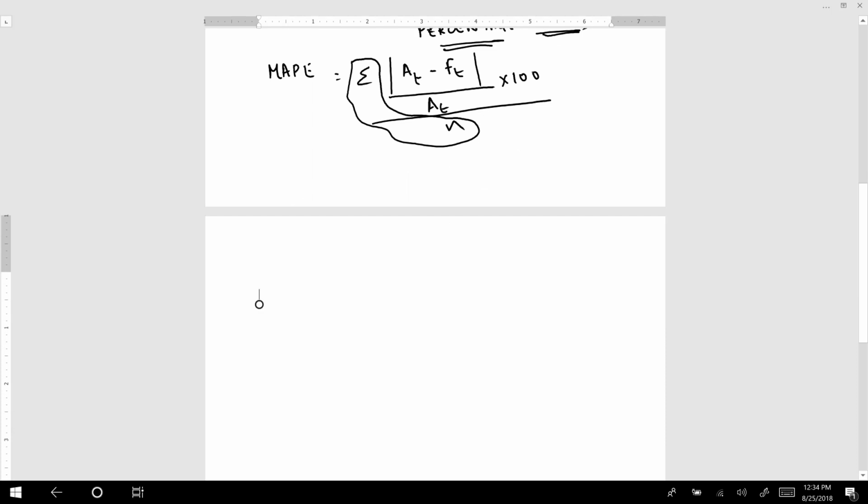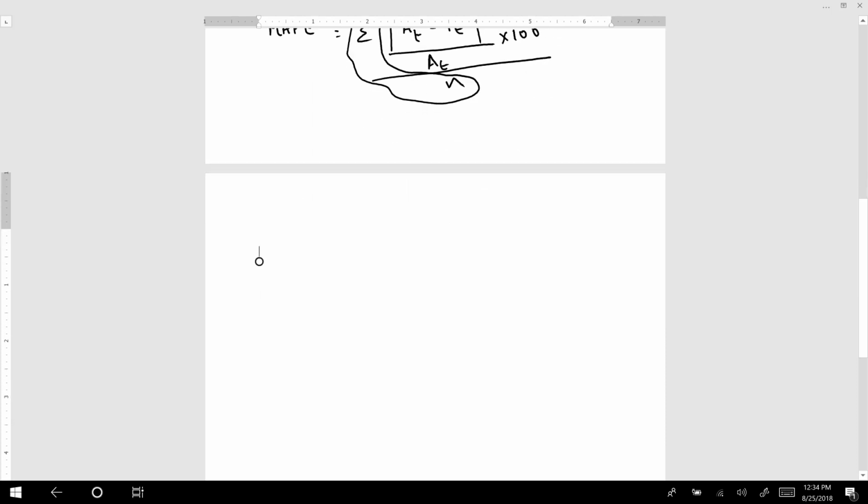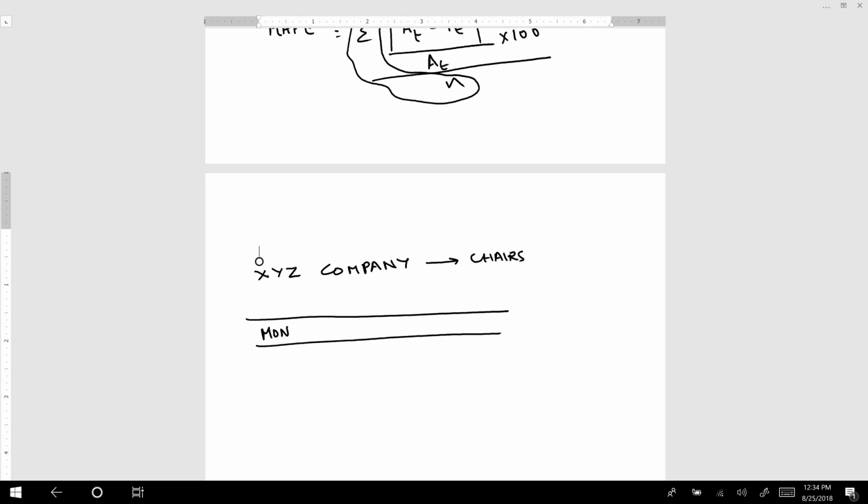Maybe I will move to the next page. So we have XYZ company and it sells chairs. On a certain day, which is Monday, the actual value, this is actual, and then this is forecasted. So actual value for each time period is represented by A(t) and forecast is represented by F(t). So this is Monday,